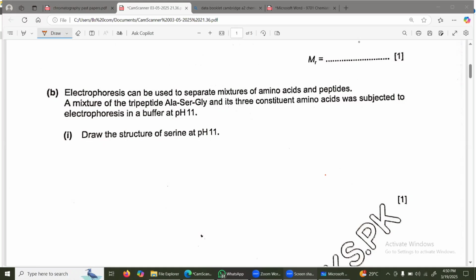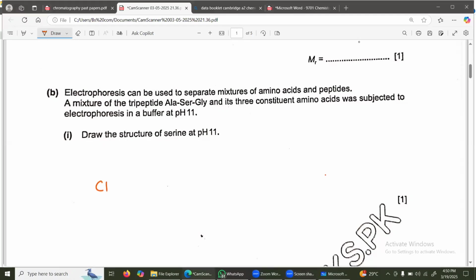If I just draw a zwitterion, this is CH, and this is containing CH2OH. Let's say this is COOH, or obviously I'm writing the zwitterion, so it will be COO negative, and it will be NH3 positive,